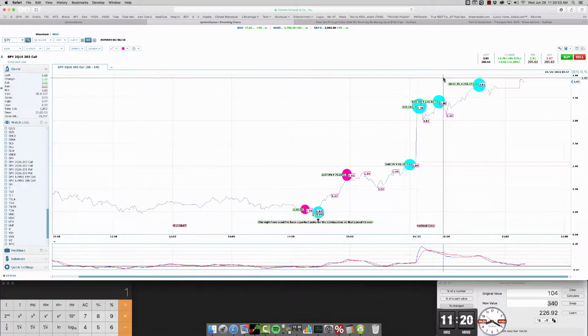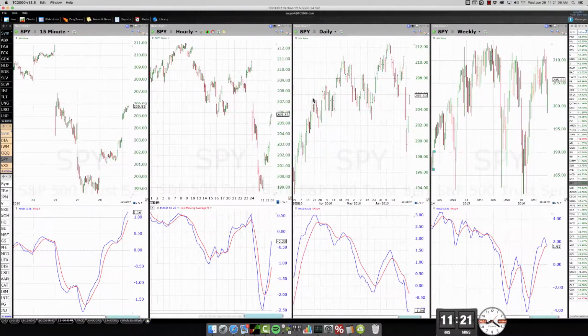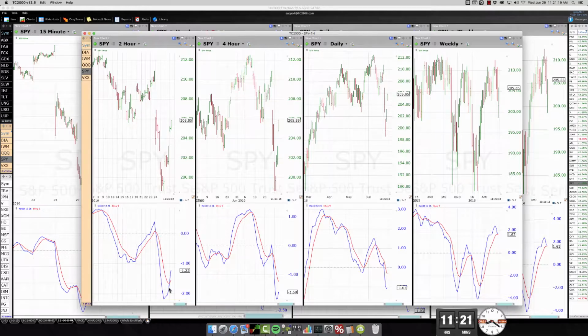This was a textbook continuation. What took me away from this is my stubbornness to build a negative divergence on the 15, to turn that hourly and continue the long-term trend. That really is what worked against me. And if I show you the 2 and 4, take a look at how they have turned. Isn't that interesting?